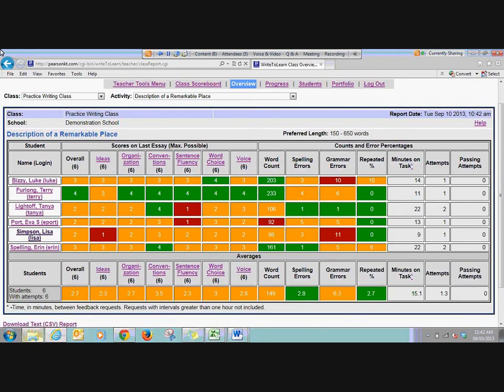It gives you a really good at-a-glance look at how your class is performing. And then down below where everything is total and average, you can look to see what areas you really want to focus your instruction on. So if you are using WriteToLearn as capacity,